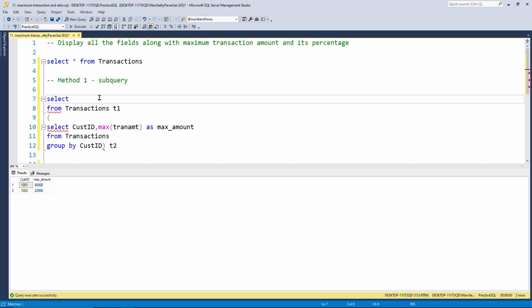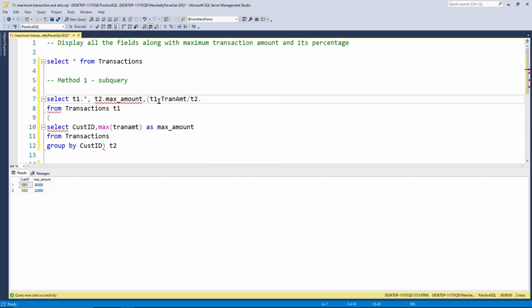And here in the select clause on the top we can write T1 dot star, where we need all the columns, and from T2 we want maximum amount. This is one column which we want, and for the third column, what we want is T1 dot transaction amount divided by